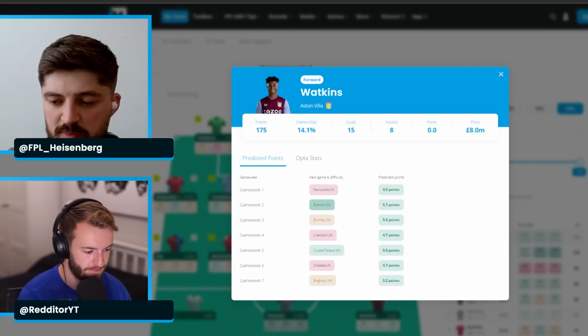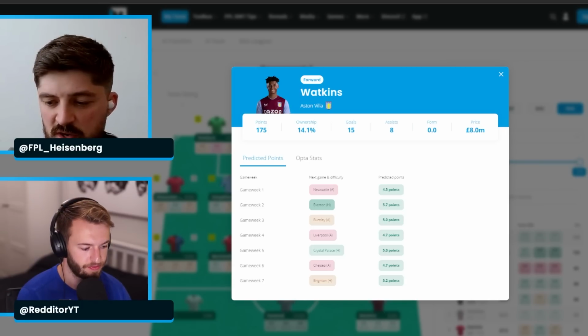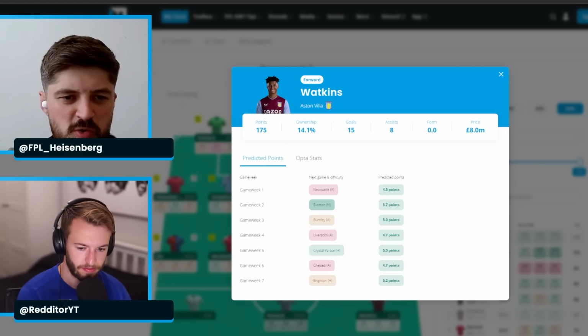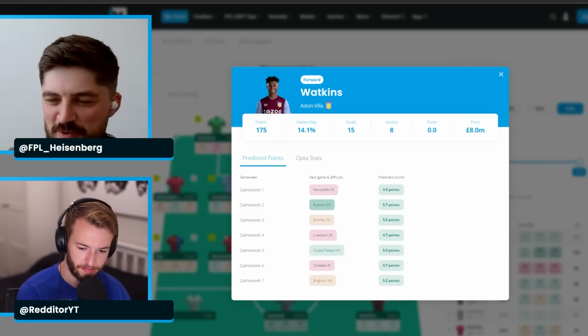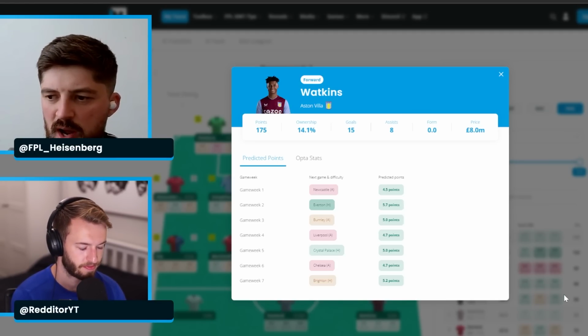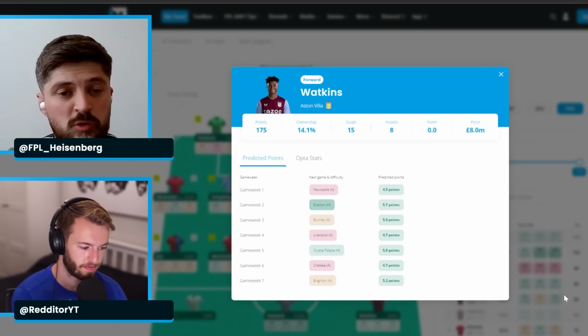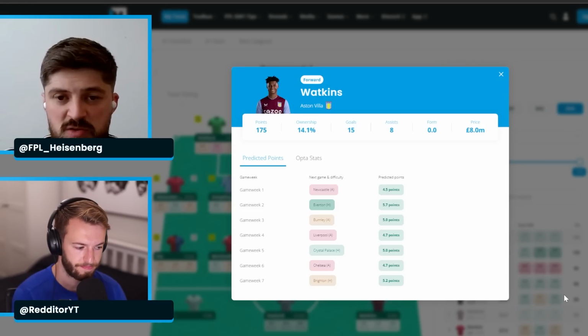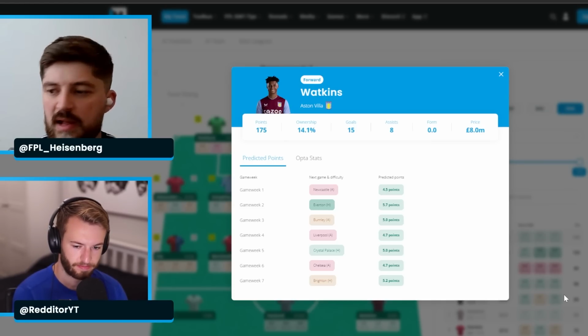Someone like Gabriel Jesus could be a decent option, of course. Lots of other strikers could be. I don't want to butcher the pronunciation, but Chelsea's forward, Nkunku. Again, as a Chelsea fan, you might know a little bit more. There's some talk about him being on penalties. He's 0.5 cheaper as well. So should I need an extra 0.5, I would be happy to lose Watkins. Again, I'm not married to Watkins, but I do think he's a great pick and worth speaking about